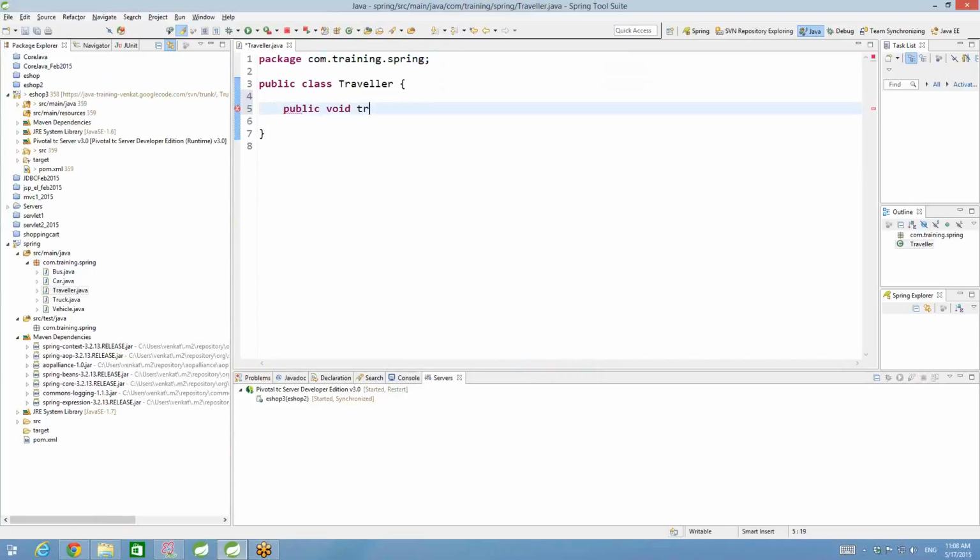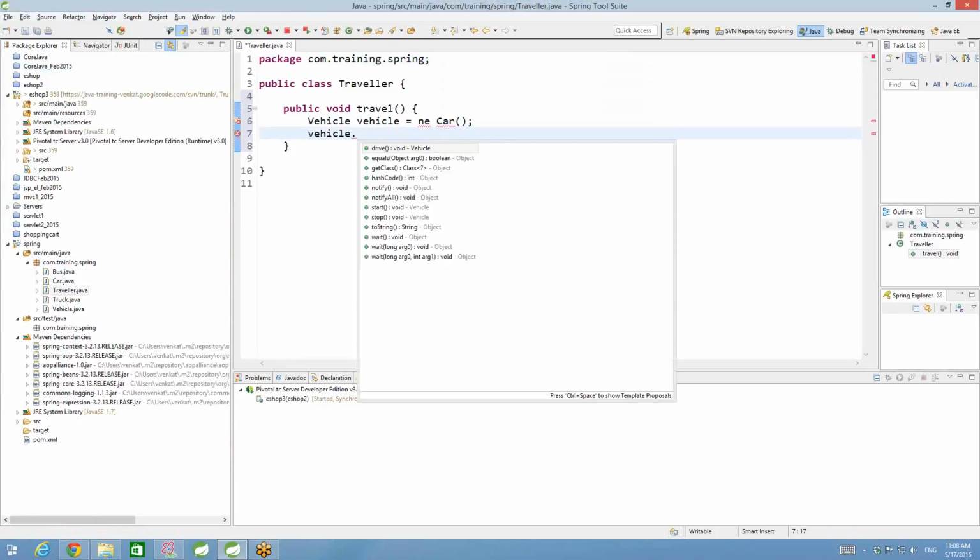Public void travel, right? So how do we travel? Vehicle equal to new car, right? Like that. And then vehicle dot